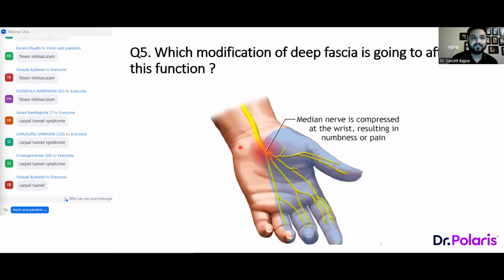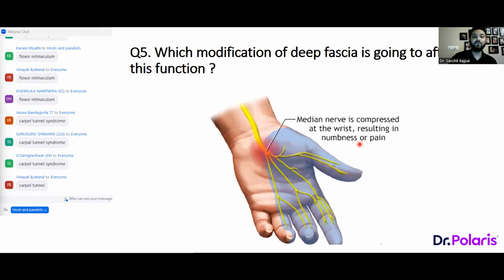Sir, Samreen has answered retinaculum. Okay, so who has answered flexor is Shubham, I think. Flexor retinaculum, yes. Correct. See, this is flexion, this is extension, flexor. Flexor compartment, flexor retinaculum, and the median nerve gets compressed. And I told you, half of the ring finger, the first finger, as well as the middle finger and the thumb, they all are supplied by the median nerve, and this has this kind of numbness,